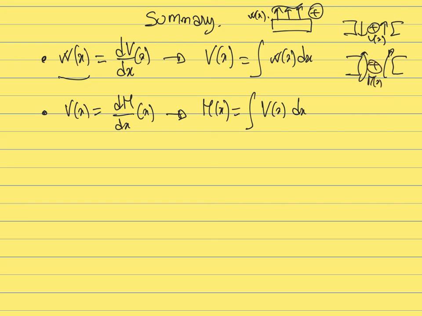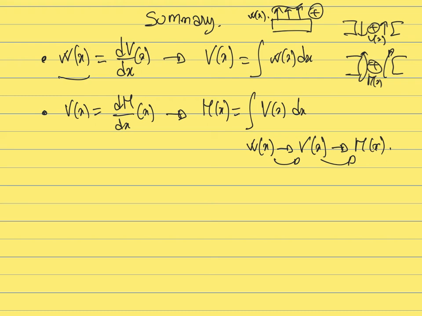So here what we find is that if you know the distributed load, then by integration you will be able to calculate the internal shear, and if you know the internal shear, then by integration you will be able to calculate the moment by integrating the shear. So here in this case, it means that to get the shear and the moment, we will need to do two integrations of the load. We need to integrate the distributed load one time to get the internal shear, and then a second time to get the